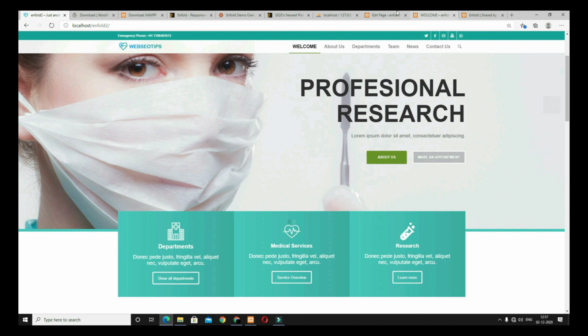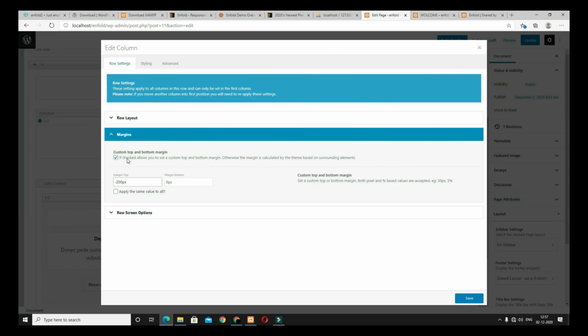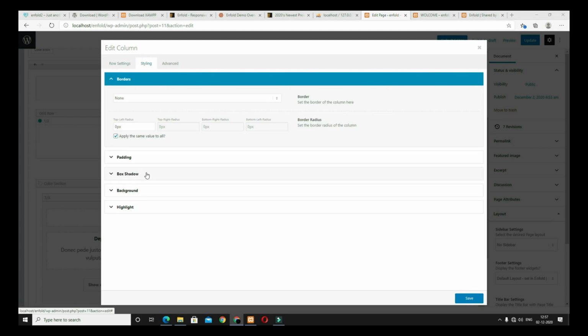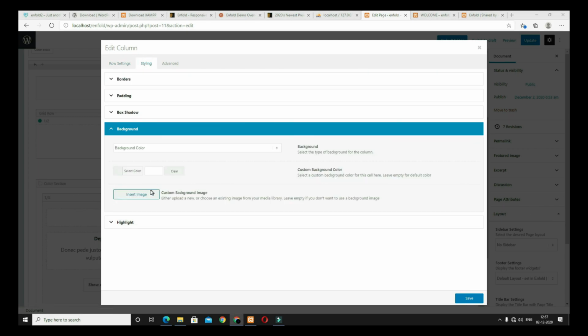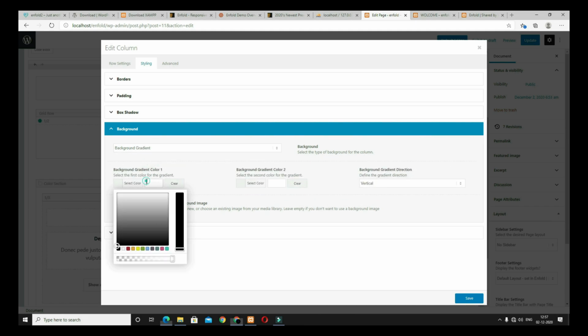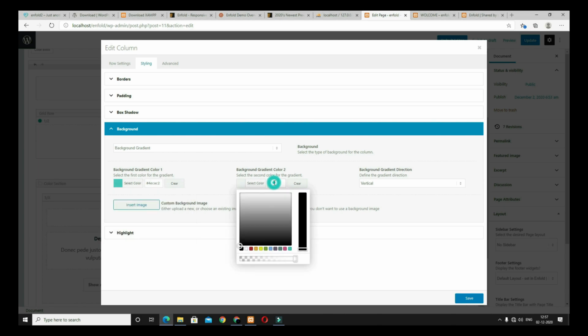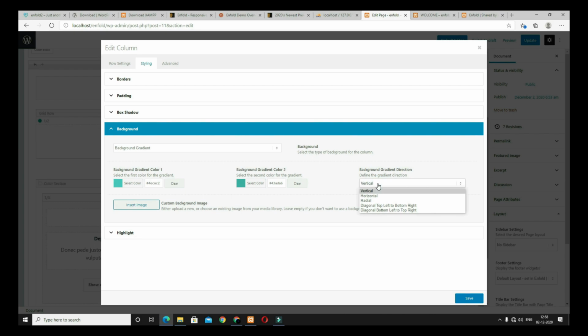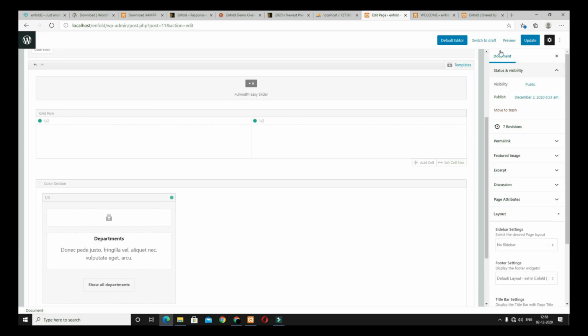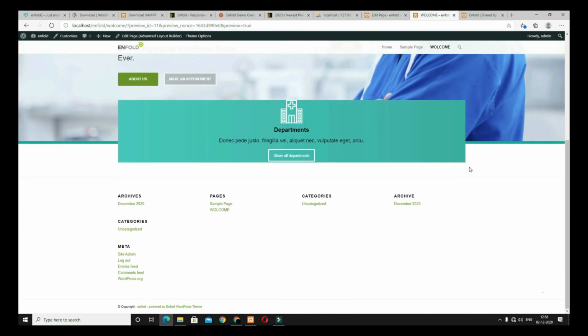So come back here and make it like that, and after that come back to the style option, click on the background option and here make it background gradient. So for the first gradient color give this color and for the second gradient color give this color, and you can change the gradient alignment, make it horizontal. Next click on the save option. Now check the preview. Okay, it's coming like that.